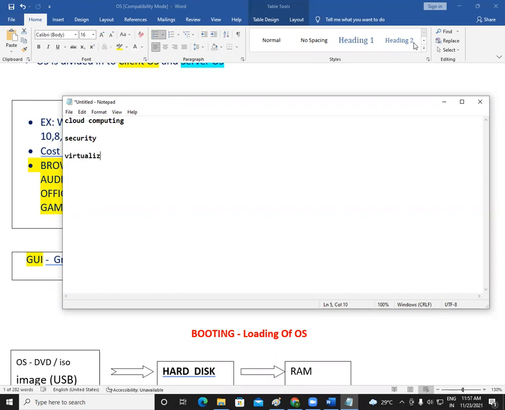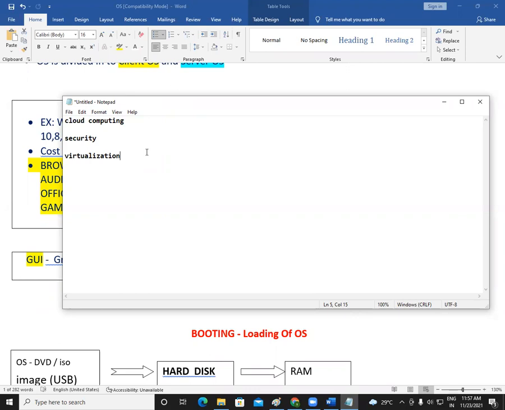Then we have virtualization. These are the three major options we have. So Suraj, you can choose any of these options and see yourself in this networking field for the next 12, 15, or maybe 20 years. My personal suggestion is, see, it's up to the person's interest. I cannot tell a person to do this or that. I can say that if you do MCSE and CCNA, that is great for you.